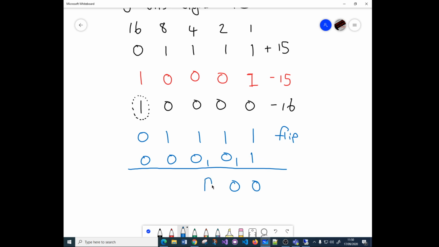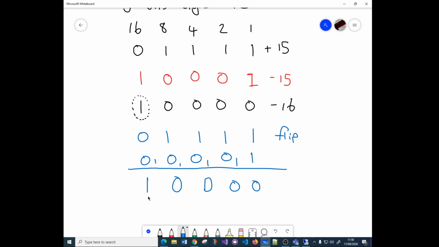1 not 1 is no, not 1. See, I've got ones and nots, and you go mad in binary. You're just like, right, everything's a 1 or a not, 1, not, 1. And that's how it's easy to mess up. Don't like it. I don't know what they're testing, to be honest, but that's what they're testing. 1, not, 1 is no, carry 1, and then we end up with not, not 1, so we end up with a 1. So it actually looks like what we originally started with,